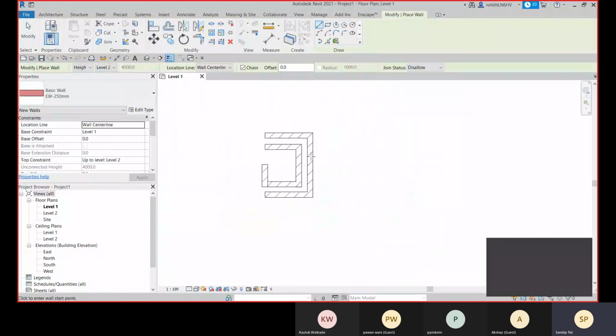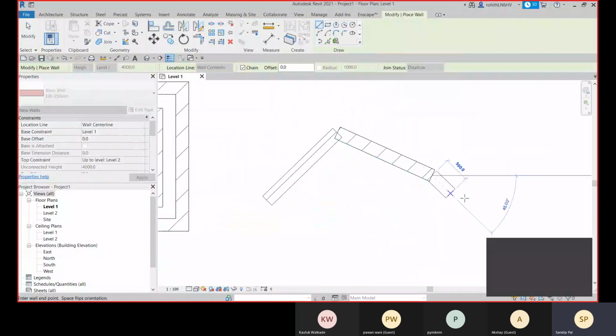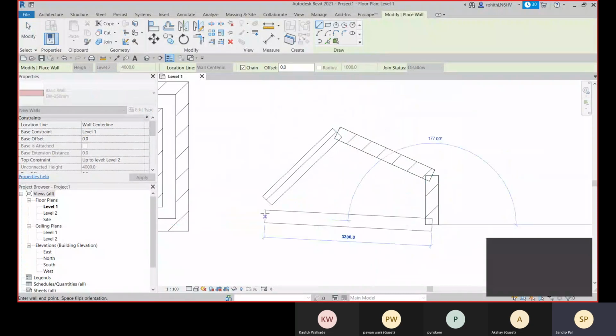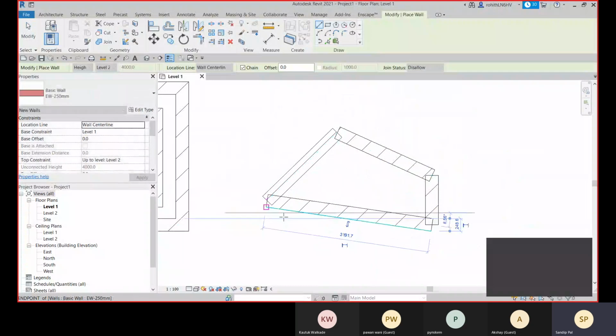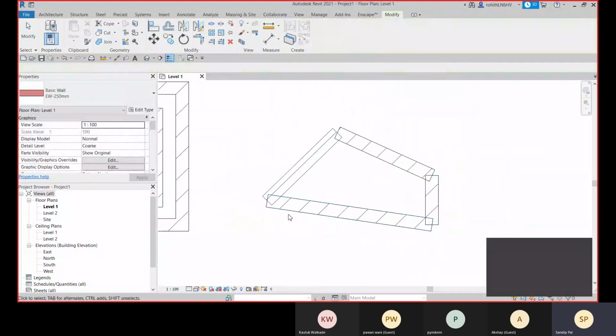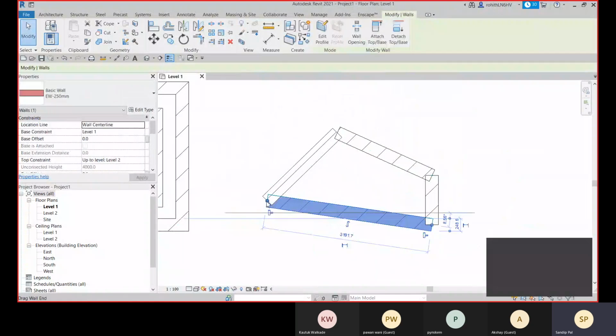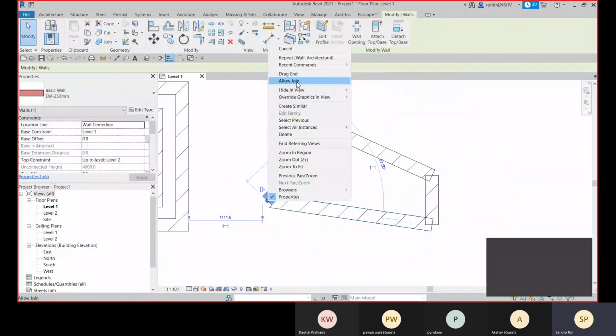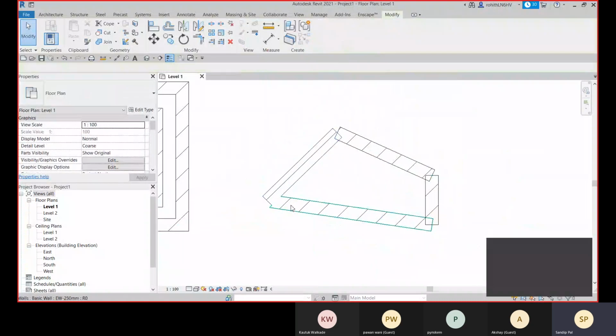WA is the shortcut. If I create a wall like this, I should click on this allow option. Let me allow it from here. From here also, let me allow it.